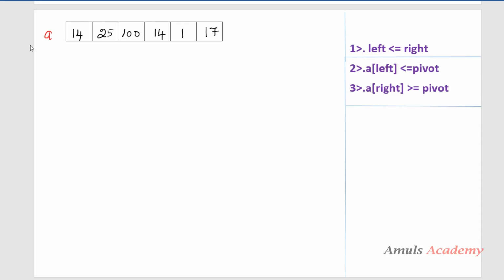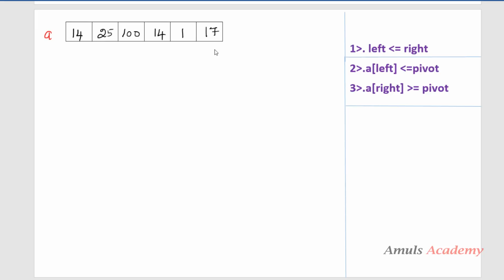I took a list called A and these are all the elements. I want to sort them in ascending order. For that, the first step in the quicksort algorithm is selecting the pivot element. As I said, we can select the last element, first element, random element, or median of 3 values.